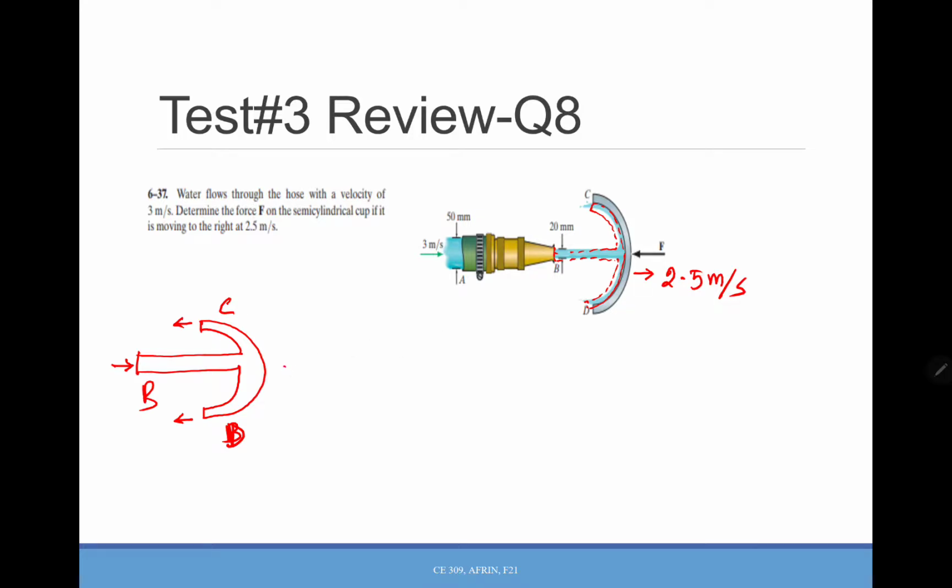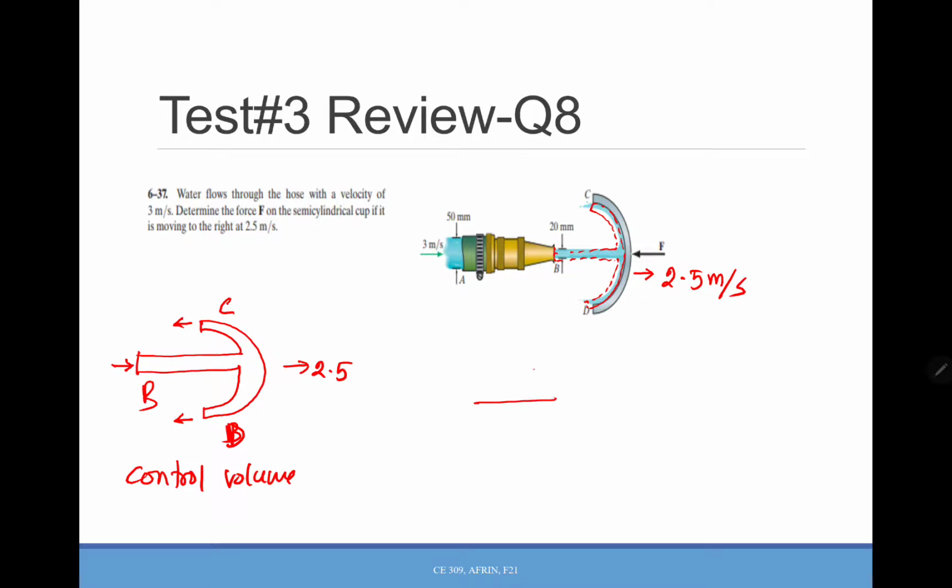They have a velocity here at 2.5. So the fluid is moving, the plate is moving also, so you need to find the relative velocity, just like one example we discussed in the class. So that is the control volume,